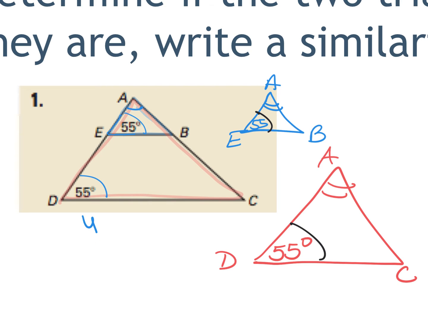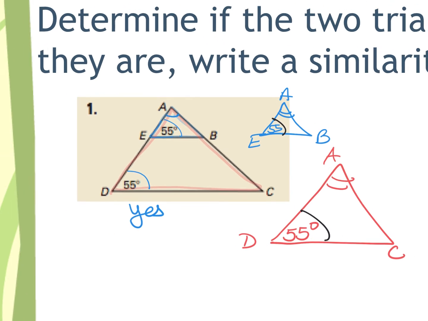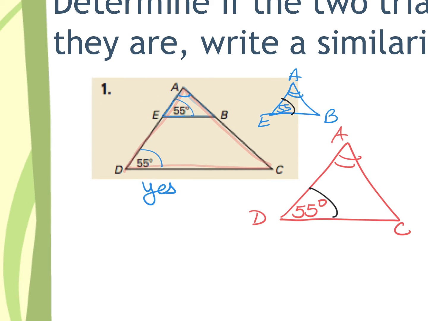So I could say, yes, these two triangles are similar, and I'm going to write my similarity statement. Now, tomorrow, when you write the similarity statement, if you can remember to try to write your first triangle in alphabetical order, and it doesn't matter which one you choose, it'll make it easier when I go to grade it. Technically, it doesn't have to be in alphabetical order, but if you could pick one of them, I'm going to do the blue one first, and I'm going to say that it's A, alphabetical order A, B, E, and then